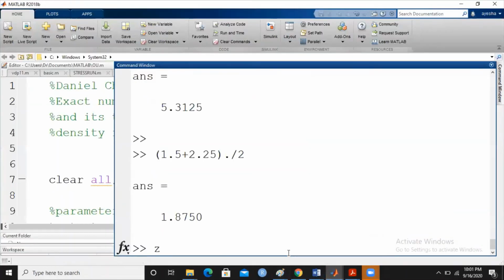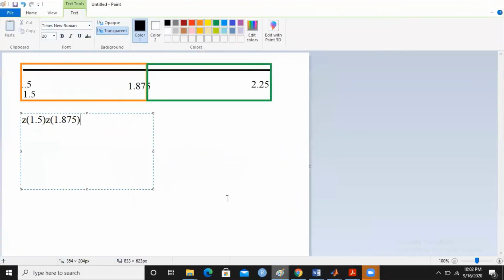So z of 1.875 and z of 1.5. The product is a positive number, so you will say that it is greater than 0. So discard it,